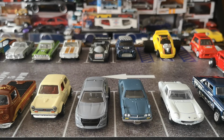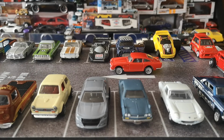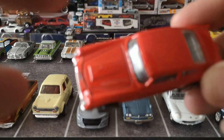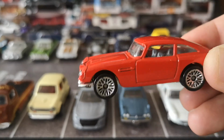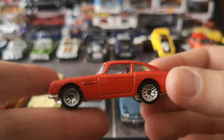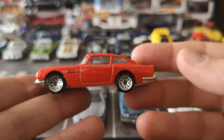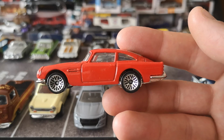This is one that I actually do not have in mainline. Hot Wheels Aston Martin DB5. Very nice car. Almost perfect condition. You can see one tiny little scratch on the air intake on the hood. Besides that, obviously the casting itself is not perfect, but that's like factory defects. But in a bright reddish orange. Pretty cool. I have this one out of the Fast and Furious set in premium in silver, and